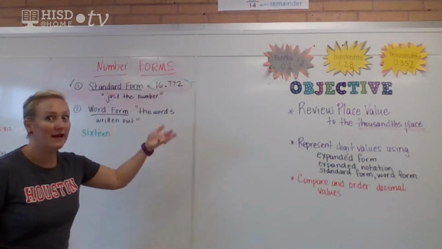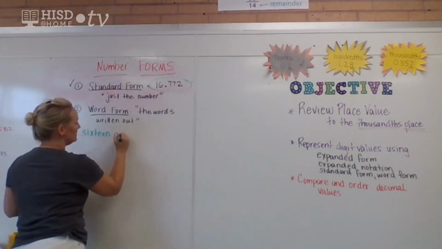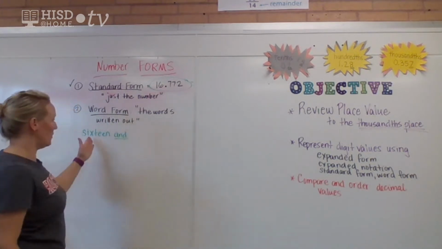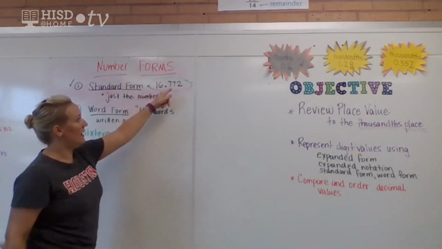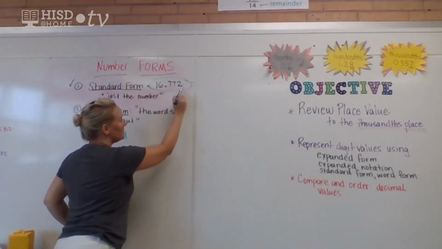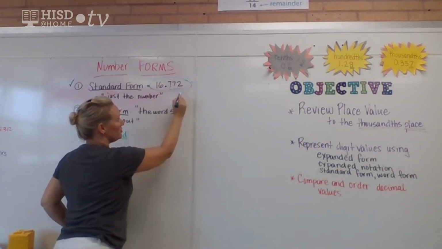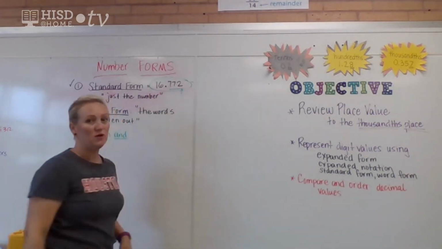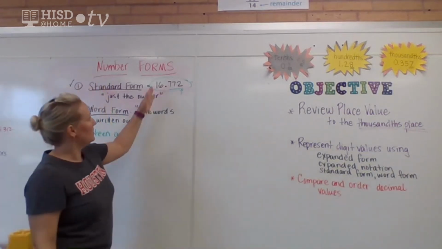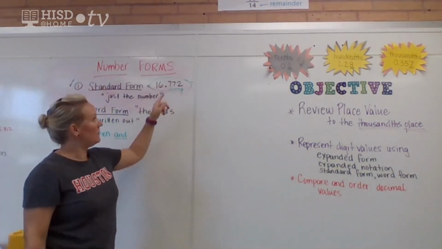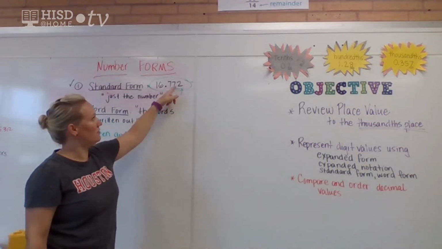16 and, right? So we use the word "and" because that separates the whole number from the decimal portion. 16 and now I'm simply going to read this number, 772, and the place value where I land is the ending of my word form. So listen to this. We just said 16, right? And I'm not going to say 772. I'm going to say